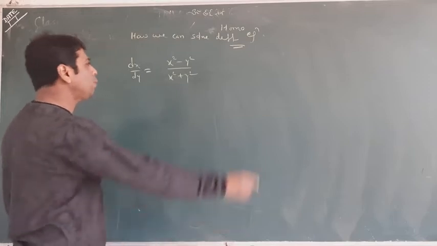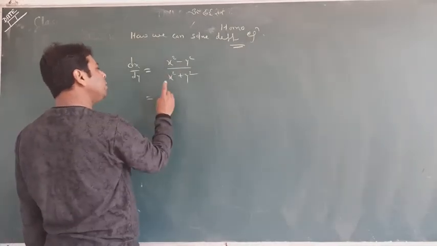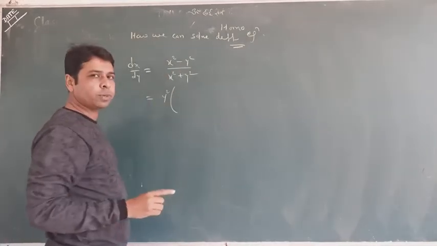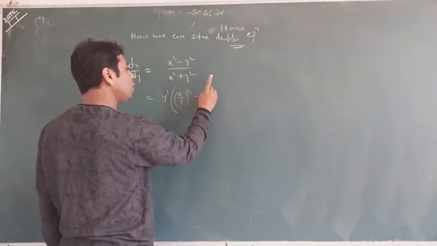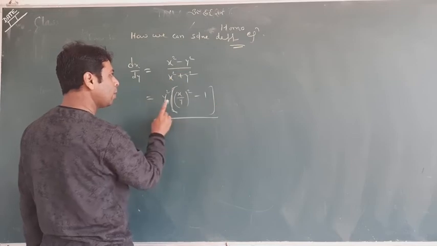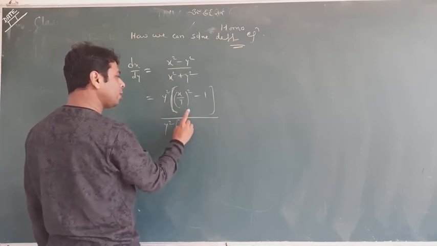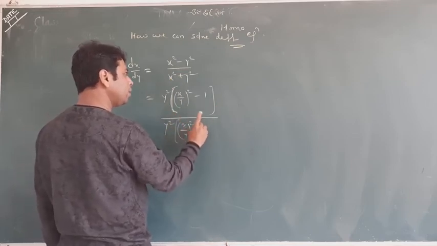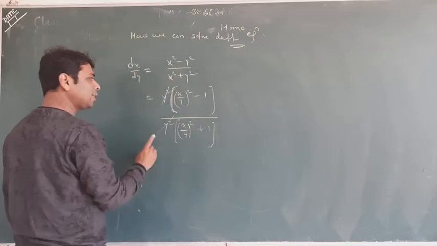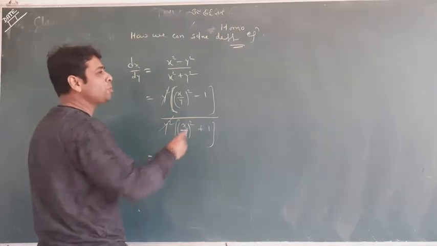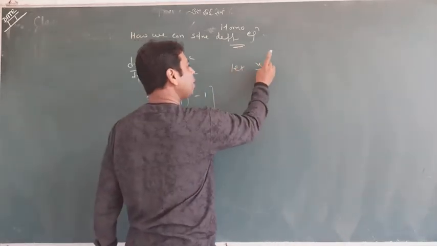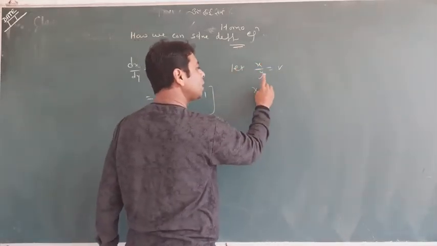You have a thing which I want to share with you. Suppose you take common y square this time. It is going to be x upon y whole square, 1 upon, take common y square, it is x by y whole square plus 1. These two cancel, suppose. So what is coming, guys? X by y is coming. So in this situation, you take x by y equal to v, x equal to vy.